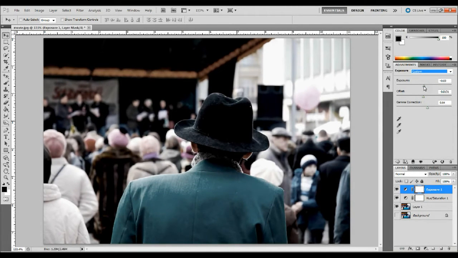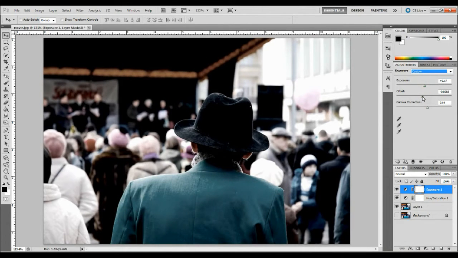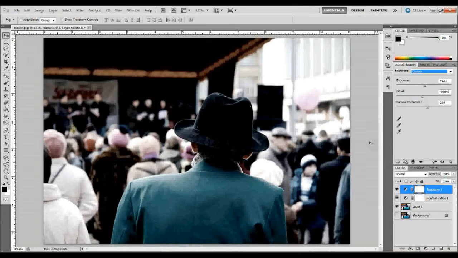I think I'm going to set it close to 0, or maybe just actually go slightly up a little bit to 0.17 here. Okay, and I might just do these a little bit more, the offset, and that's going to kind of increase my highlights and lowlights in the image. You could also do this with a curves adjustment layer, but I've noticed for this effect that this can be a little bit more dramatic. Okay,